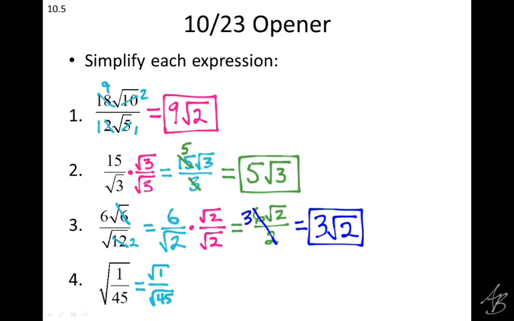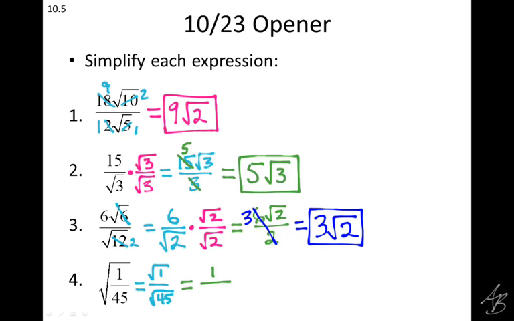Once we give each of those numbers their own square root, we can simplify each one by itself. We don't have any coefficients here to simplify, but we still need to simplify the radicands. How do I simplify the square root of 1? It's just 1, right? So the square root of 1 is 1. The square root of 45,